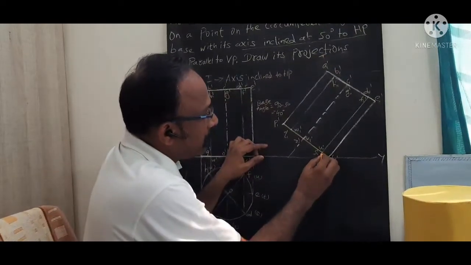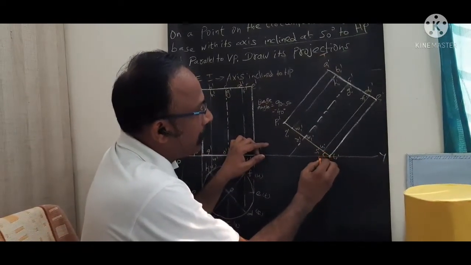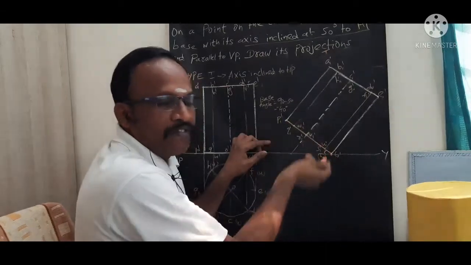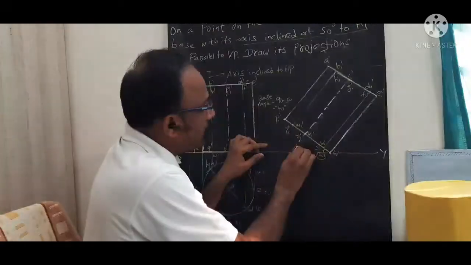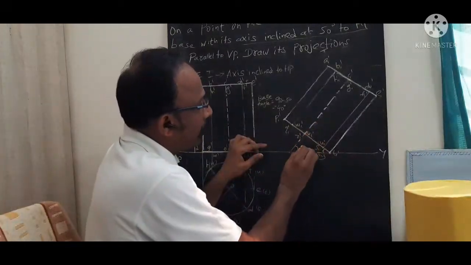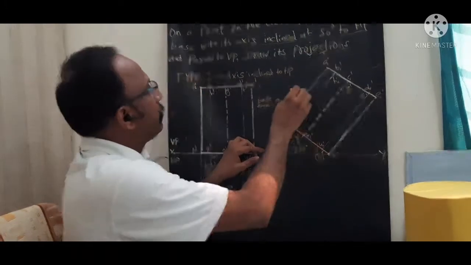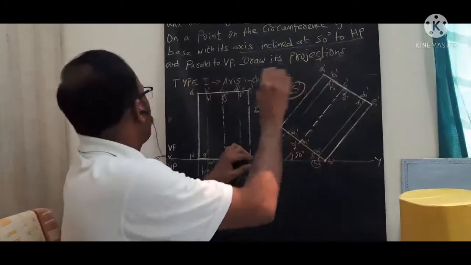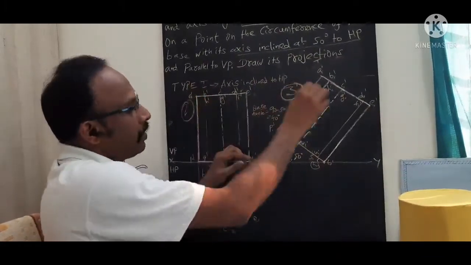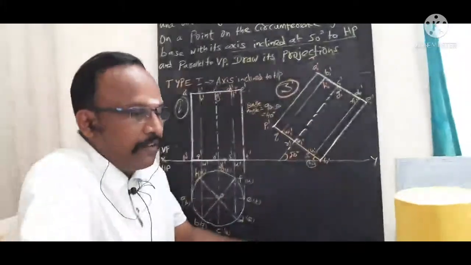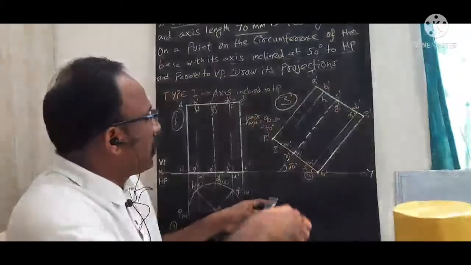Here we have taken this base inclination as 40 degrees, only for your reference. Automatically this axis inclination will come as 50 degrees. Now we have completed step number 3. Right? Now we go to the final step, for which we need to draw the vertical line